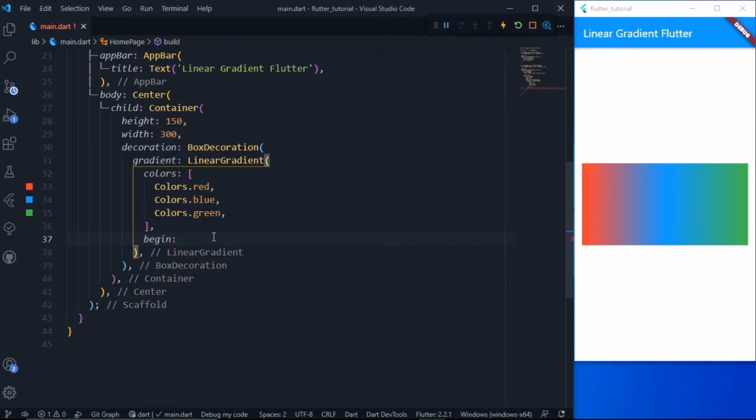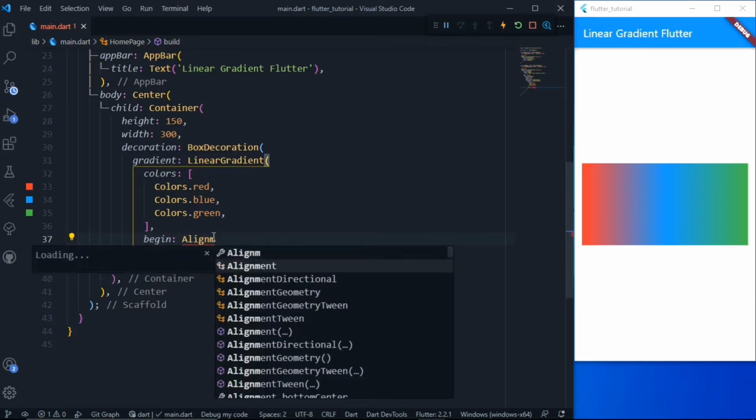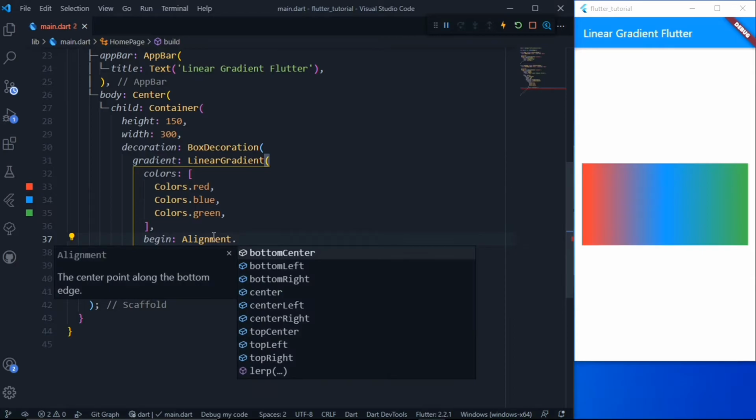So in begin we need to give the alignment, and let's say I want this red from top and this green from bottom.